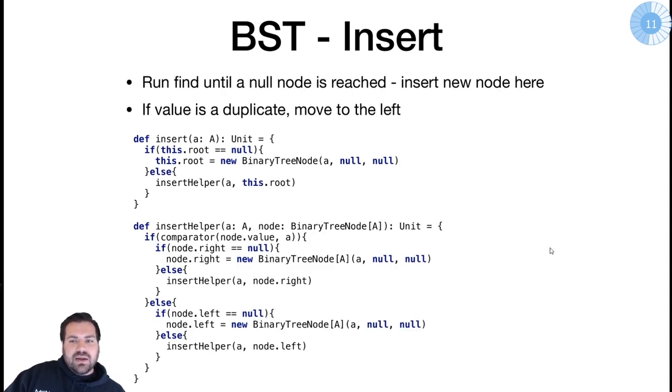So let's figure out how to insert into a binary search tree. With find, we were leveraging the structure of a binary search tree. With insert, we have to be careful to preserve that structure. So we're going to assume that when insert is called, our binary search tree has the structure that we intend. And when we insert, after that insertion is made, we have to make sure that it still has that